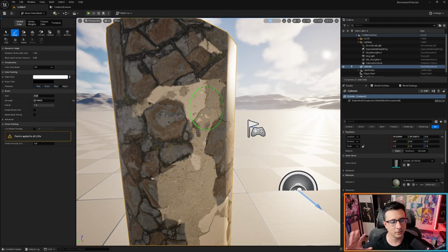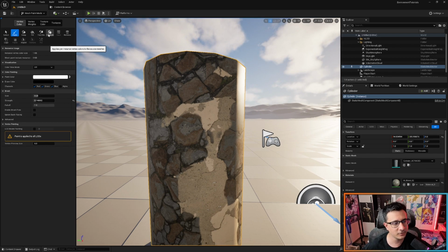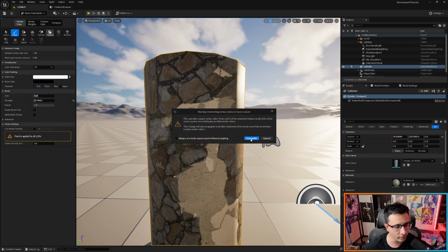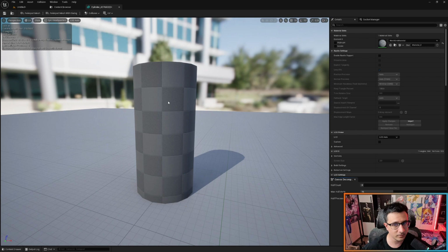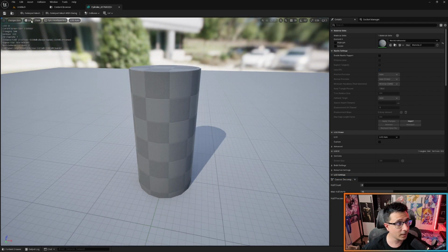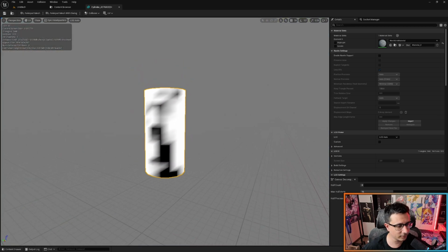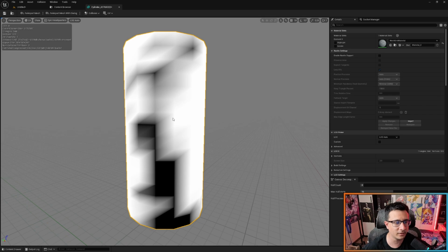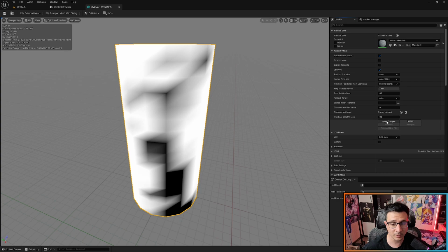Now, your question is, what if I want to use Nanite? Very simple. Before you leave this mode, you're going to go to apply to mesh. What this will do is save the information of your vertex painting in your mesh. So if you click here, then go to override. Now let me open up this static mesh. You can show and then go to vertex colors. You will see that your vertex colors are stored in the original file, which means if I were to apply changes here